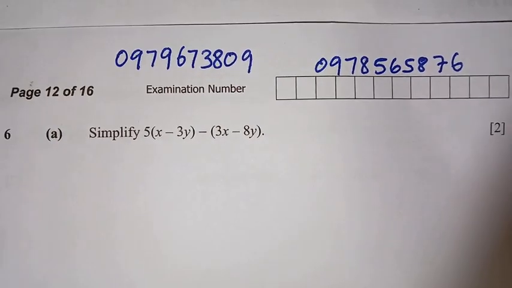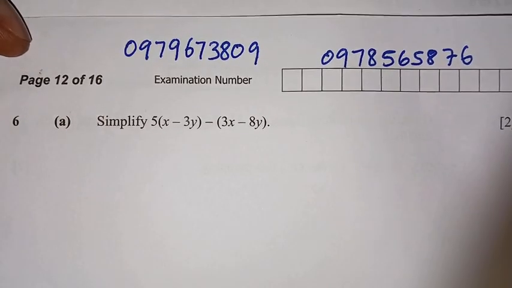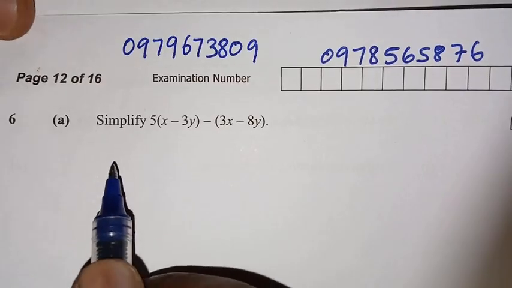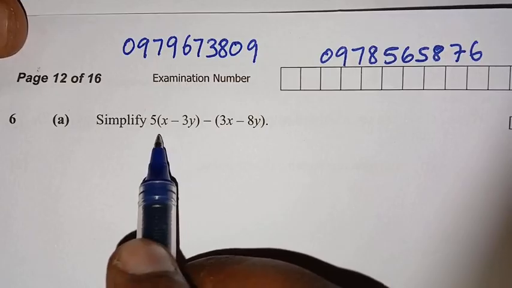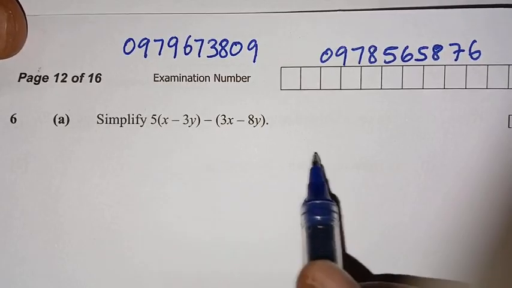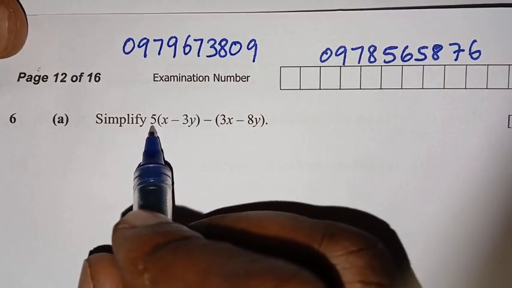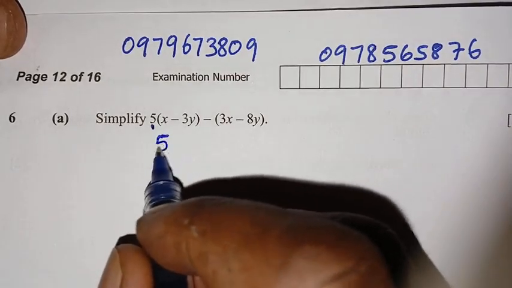Thank you very much. So we have a question here that we're supposed to look at. Simplify. This question can actually find its way even in a grade 12 exam. All right. So how do we simplify this? Well, the first thing that we are supposed to do is to get rid of the brackets, or eliminate the brackets, by distributing here the 5. So when we do that, this will be 5x